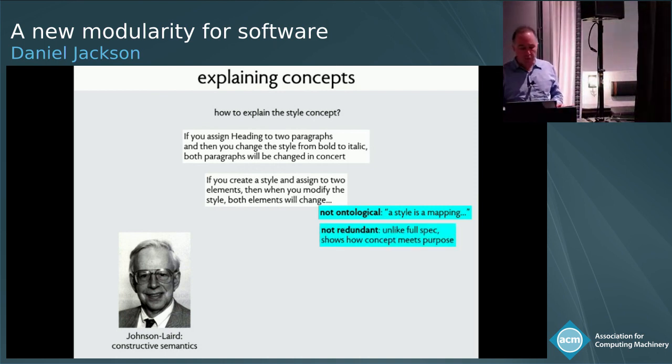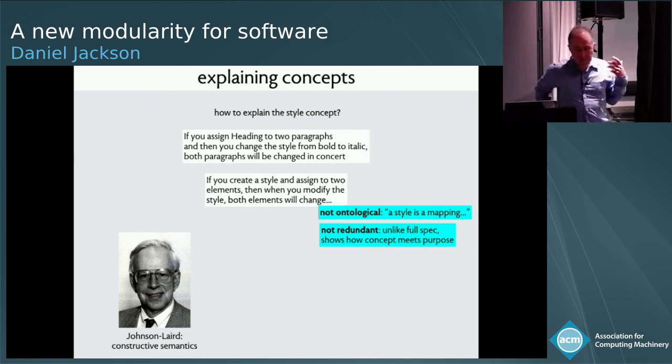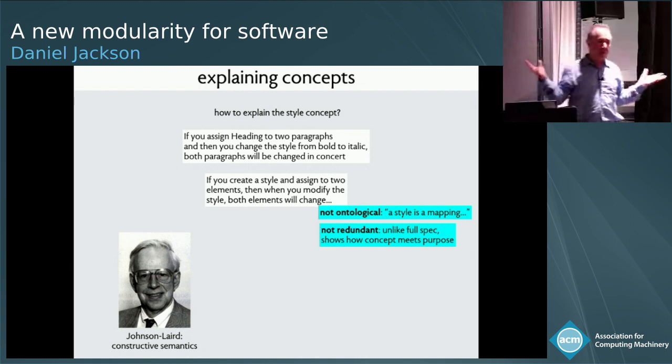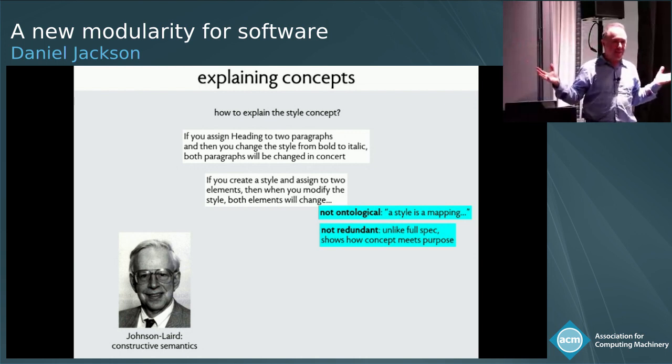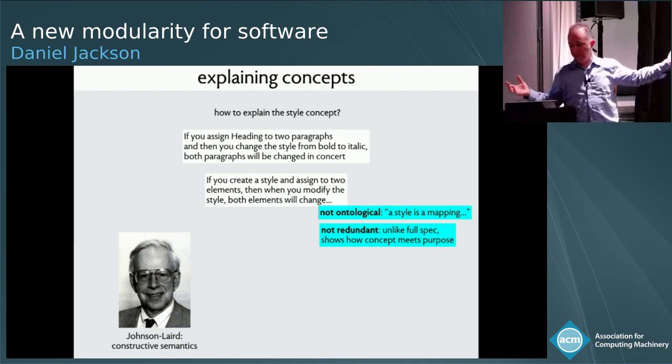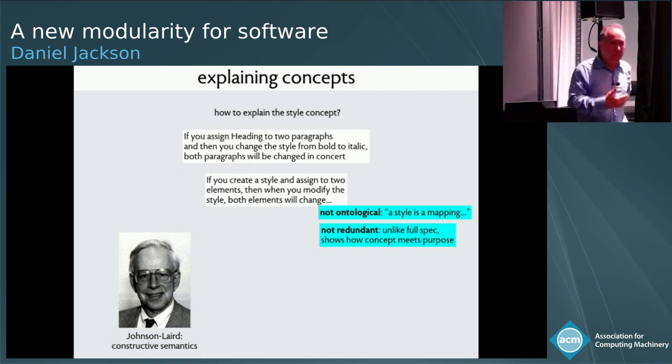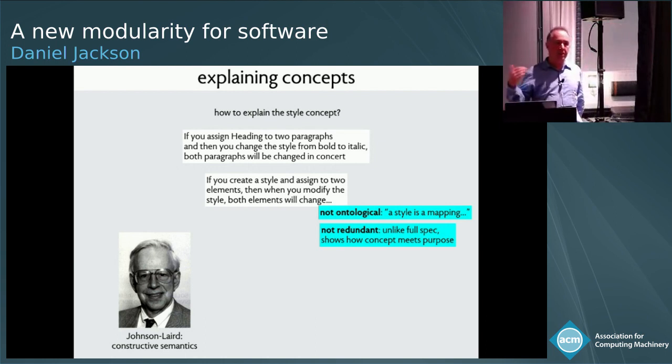The other thing that's important to point out is that we might be tempted to say, as formalists, that if you had a complete specification of what styles did, you wouldn't need this kind of scenario. But I would argue that that's completely wrong. And the reason is, this is not redundant. Just because this is one example of a scenario, this is a motivating example that explains why this concept actually